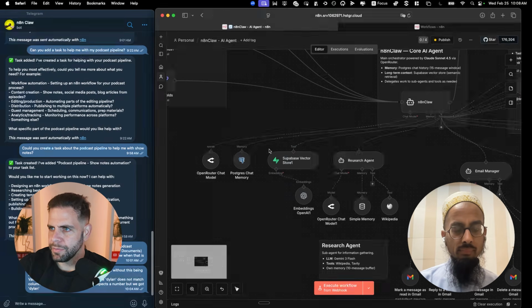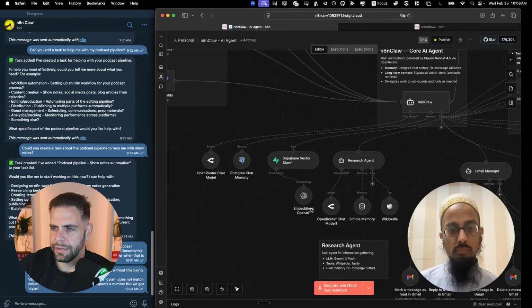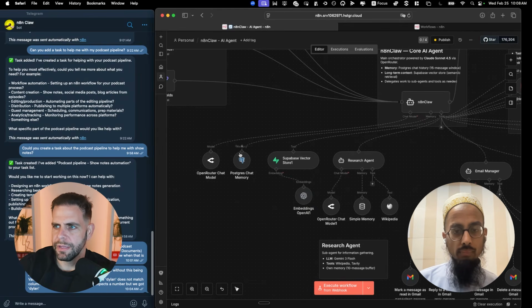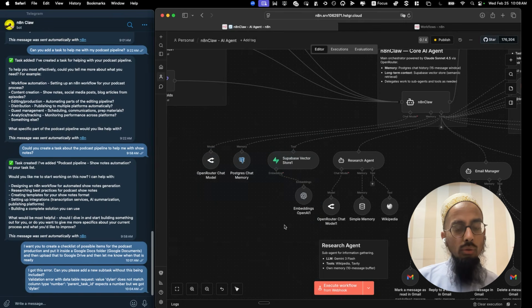And in terms of the vector store, persistent memory, and everything that you have set up in there using both Postgres and the vector store, talk to me a bit about the logic behind this. Yeah. So